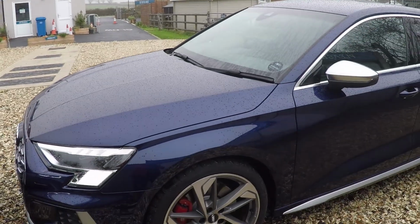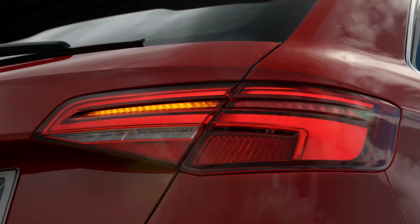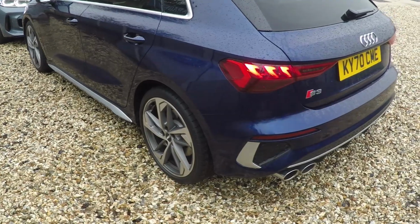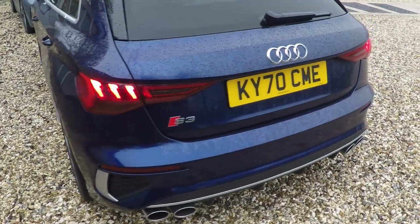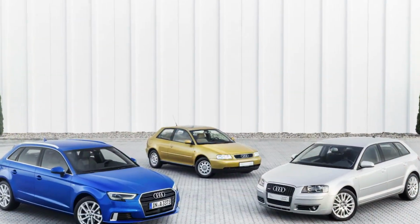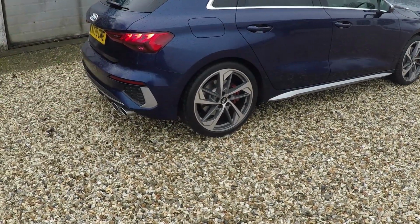So it's not particularly night and day different to the old model. This is, unlike the BMW, the fourth evolution of S3. So they've had a good sort of grounding on how to get these cars right. They look good from the off, to be honest, back in 1996 when they were launched. I guess the big difference with this car is that you've got a lot more